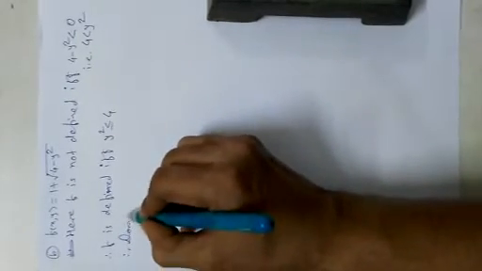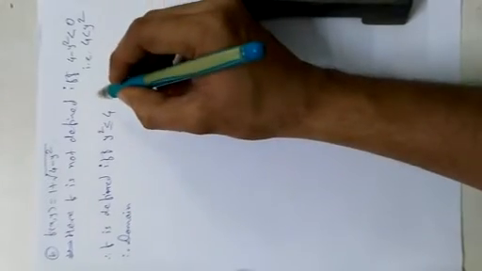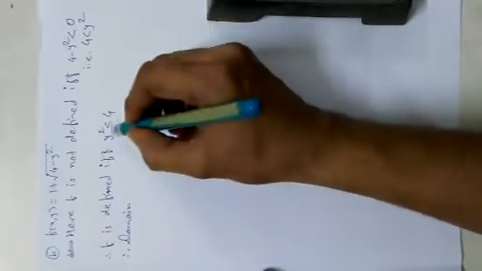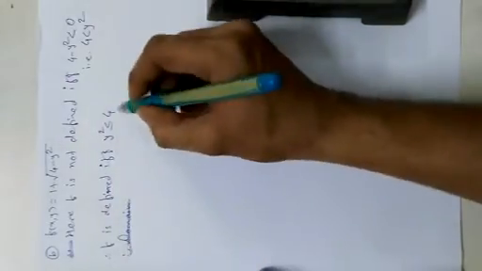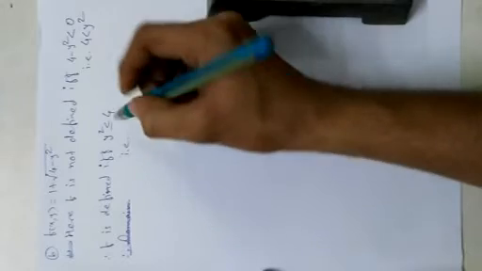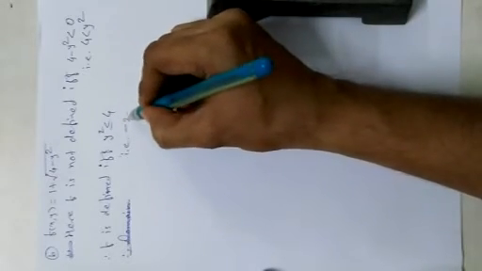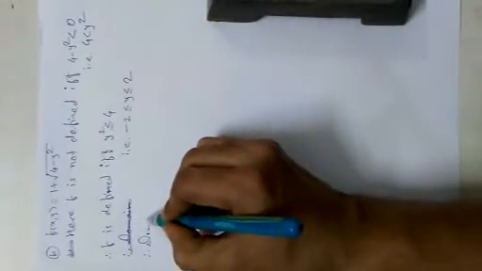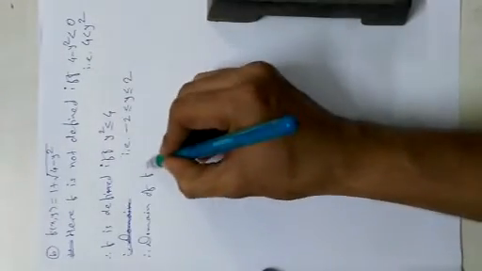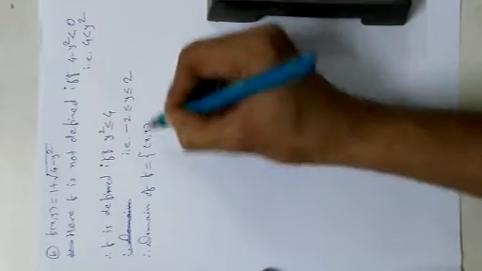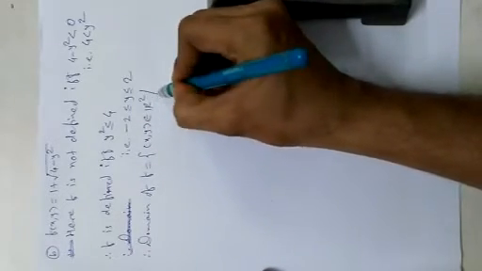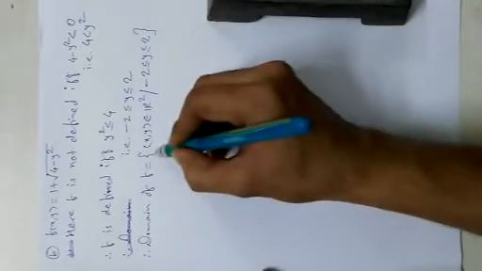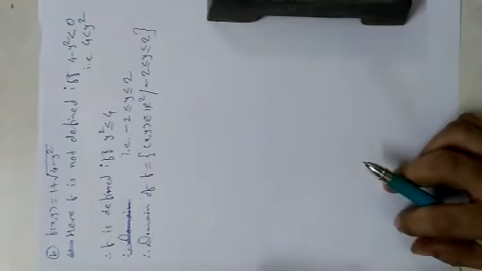Therefore domain of f, as f is defined if and only if y square is less or equal 4, that is, as y square is less or equal 4, therefore minus 2 less or equal y less or equal 2, and therefore domain of f is set of all x, y belongs to R square such that minus 2 less or equal y less or equal 2. This is the domain of our function.